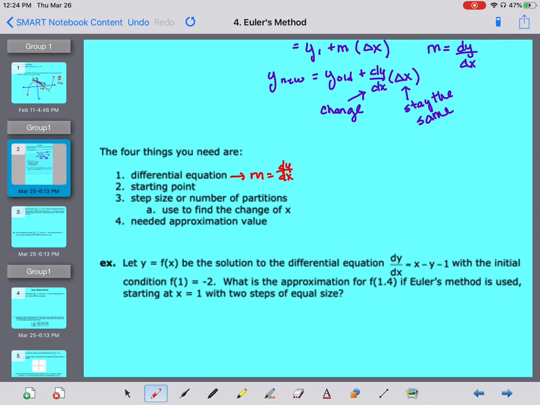And then the next thing we'll need, the third thing, is this idea of what we call step size. How many different partitions are we going to take and break it up into? Most of the time, you'll see 2 and 3, but we can do multiple partitions just like we did with Riemann sums. And that idea of the change of x comes from that same equation that we did with Riemann sums, which is just our change of x is equal to b minus a over n, where b itself is the end point, the point that we want to approximate. Our a is the start point, what value we have, and then n is going to be our number of partitions,